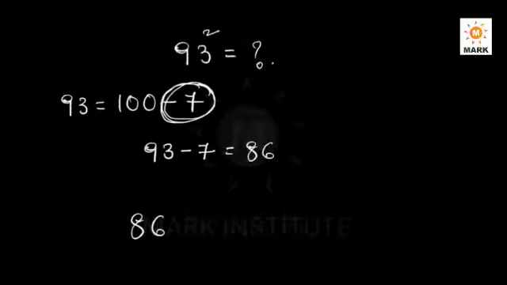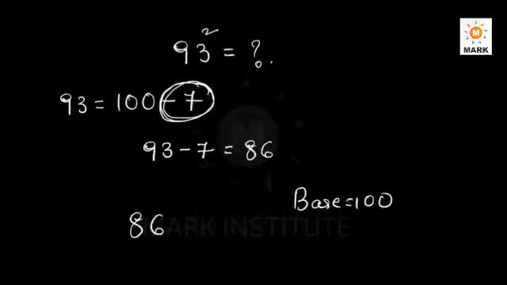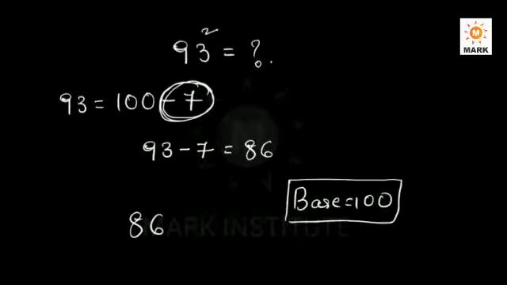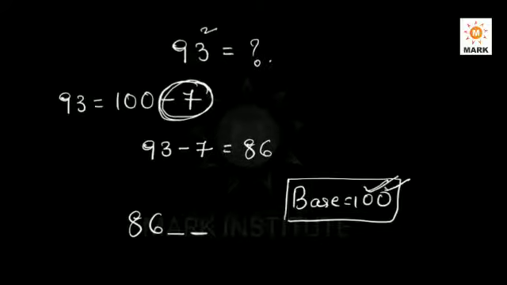So the first two numbers in our answer are 86. What are the next numbers? Before writing the next numbers, I need to say a rule here. Since our base is 100, please listen carefully. The number of digits occupied next should be equal to the number of zeros in the given base. How many zeros are there in 100? 2 zeros. So here also after 86 you have to write 2 digits.